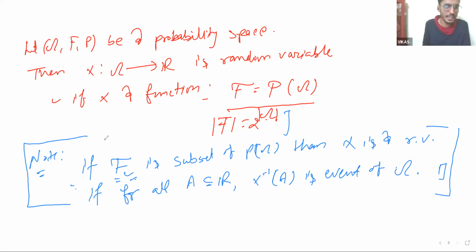Okay, so you can see that we have omega here, F here, P here. We just used this omega, which is a set of real numbers, and this F. We didn't use this P, probability. So in the definition of a random variable, we are not using the notion of probability anywhere. To define a random variable, we don't require probability up till this moment. Now we are going to define the probability space.